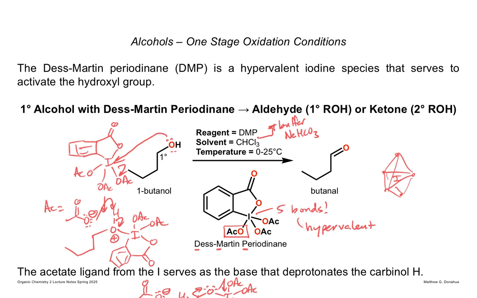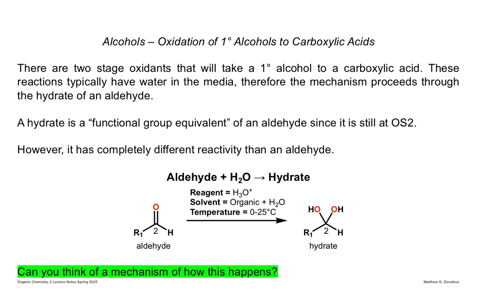So PCC, Swern, and Dess-Martin conceptually all do the same thing, depending on what class of alcohol you start with. So those were all one-stage oxidations. A two-stage oxidation can only occur with a primary alcohol. So these conditions, as we'll see,